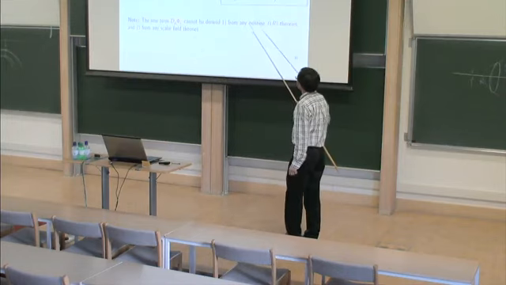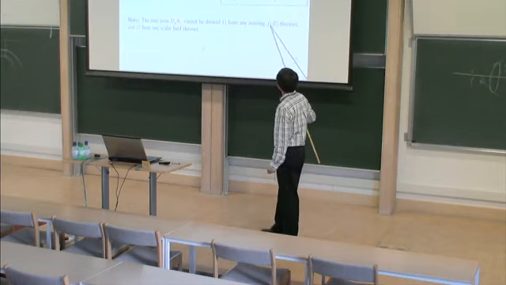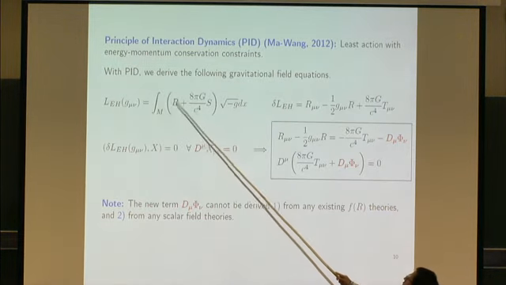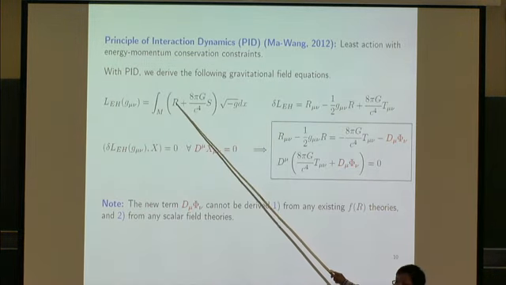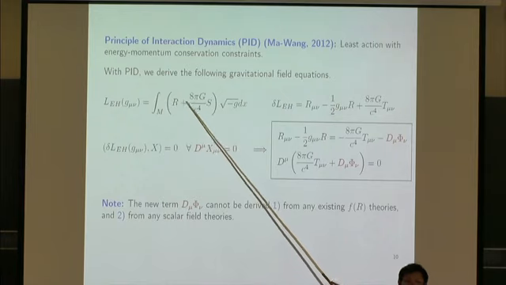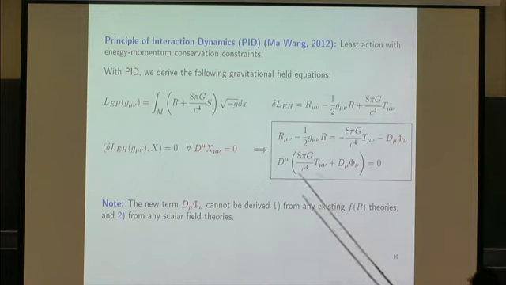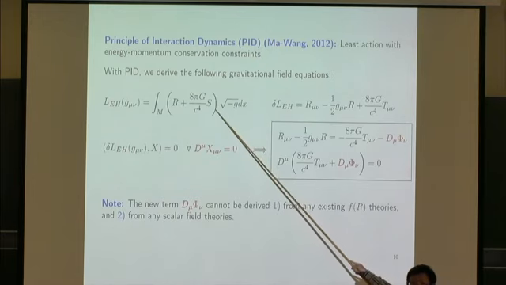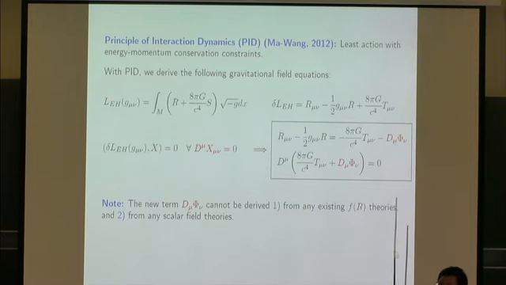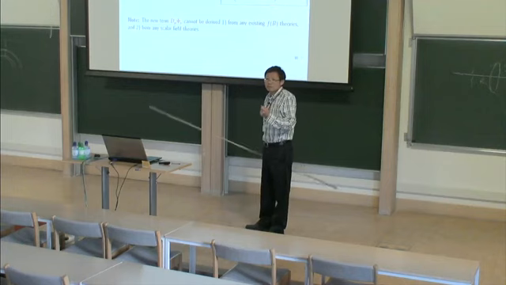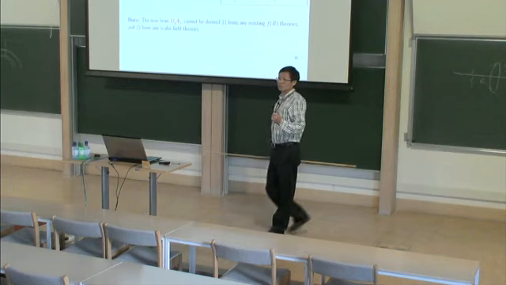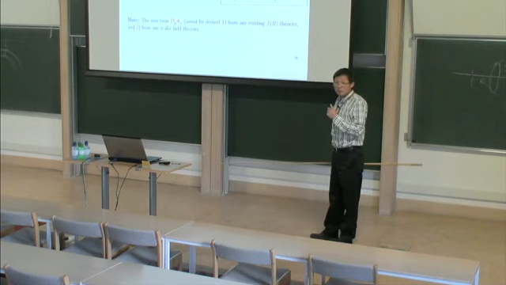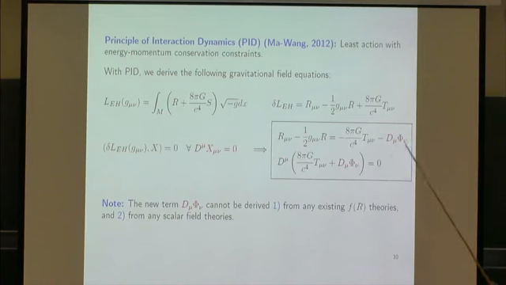What they do is in two ways. One is some kind of f(R) theory, where they change this to some function of R. The second way is to add some scalar field, like a Higgs-type field, into this functional, and then derive a set of equations. None of them are from first principles, and the equations are much more complicated than this one. So let me move on to the next page.